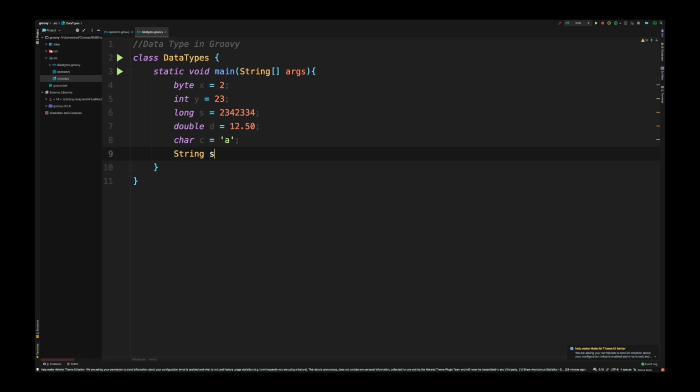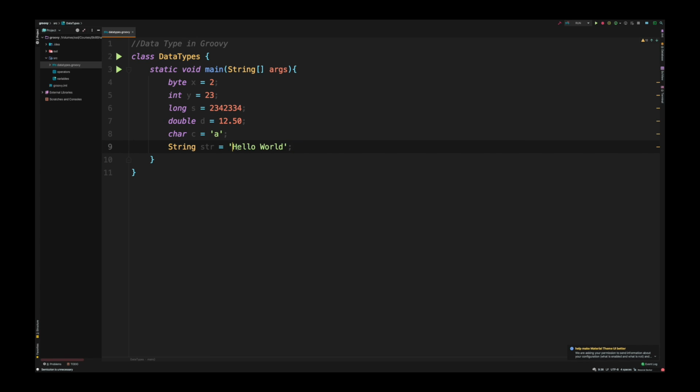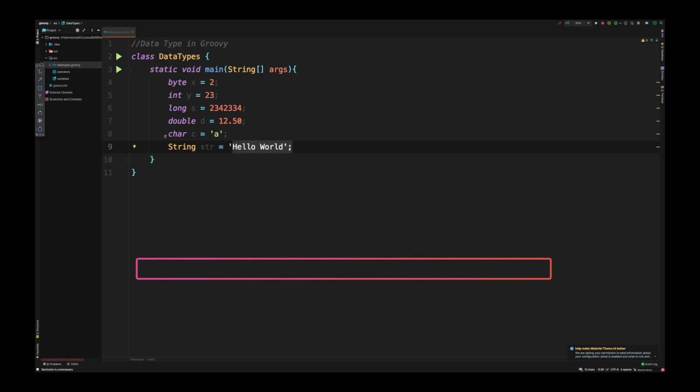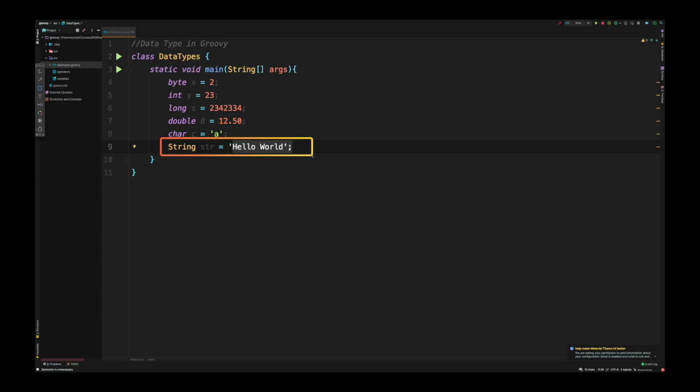I'm going to use str for a variable name equal to, we use single quotes, and I will define hello world. Strings are a series of characters, like HELLO space WORLD.